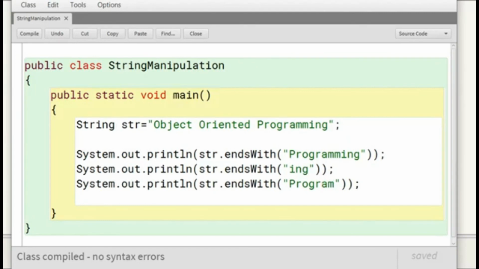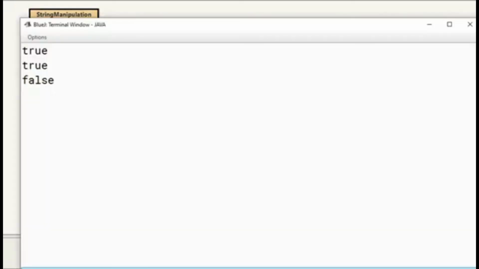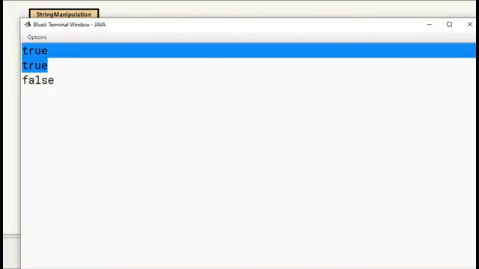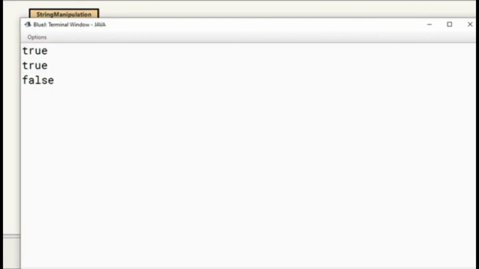So let's see the output of this program. For the first two cases we are getting a true value, and in the last case we are getting a false value because the string does not end with the specified suffix "program".